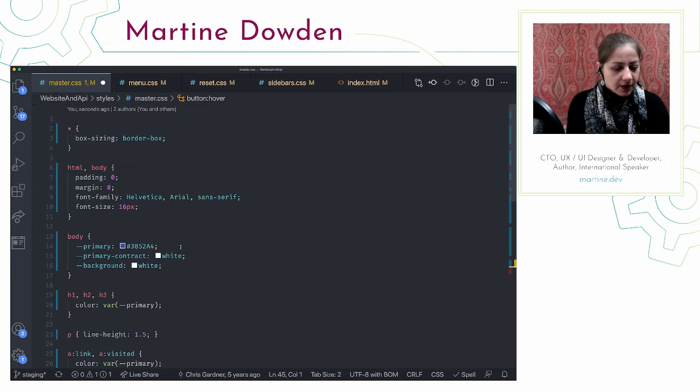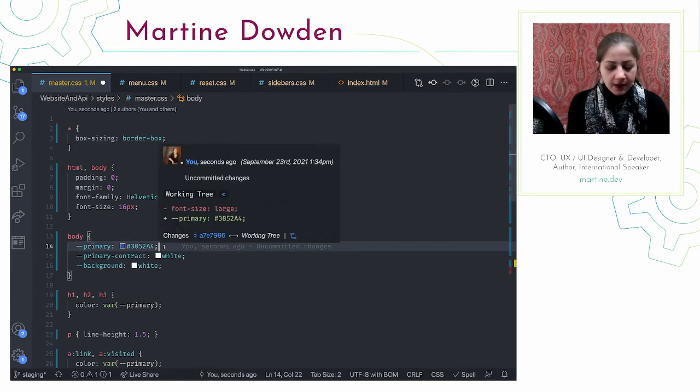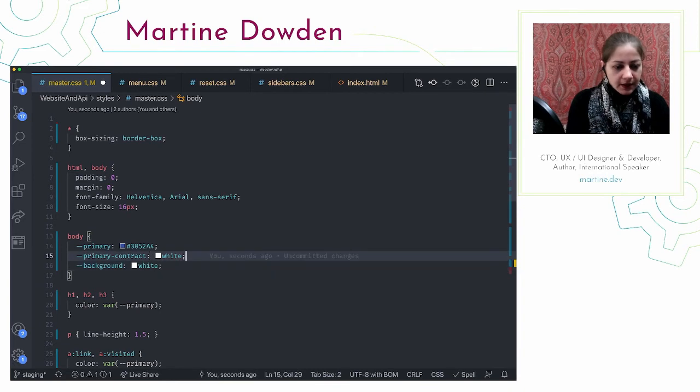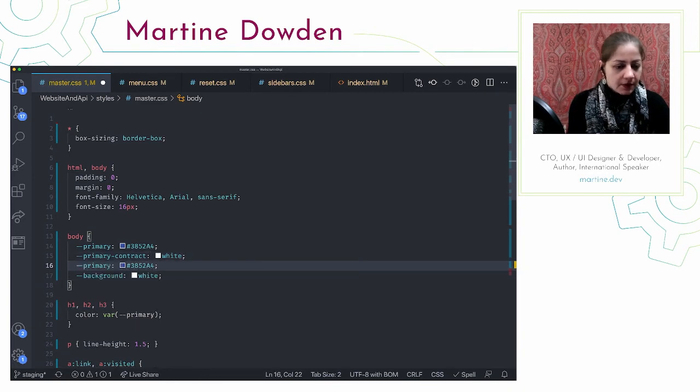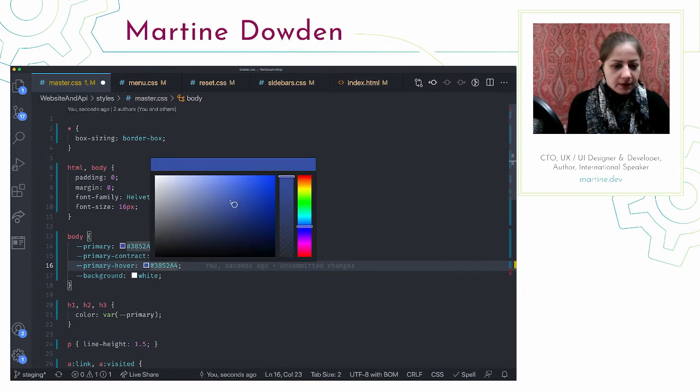So if we take our primary, I'm going to go ahead and copy that, and I'm going to do a primary hover. So in the instance that we're hovering, what do we want to do with it? And this is really cool because I have this little extension. There we go. And so I can just go ahead and I'm keeping the same hue.